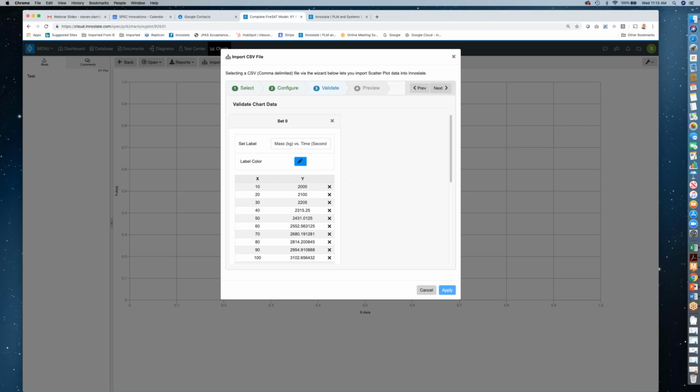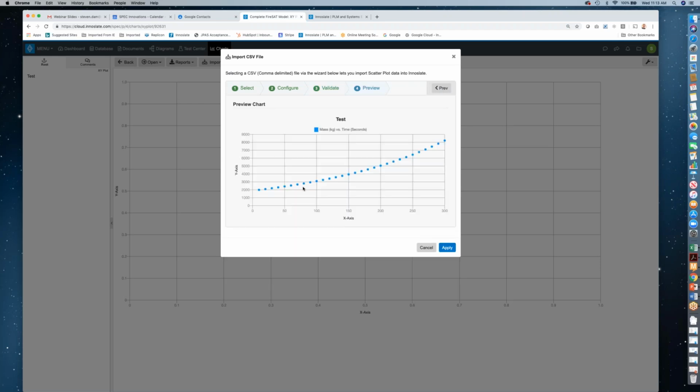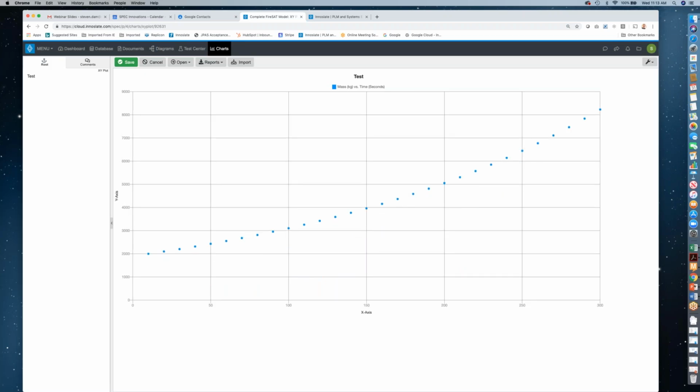So you can see now this looks a lot like what I started with. Now, by the way, the label is right here as to what I want it to be. So it just picked up the names that were in those headers and used those as a starting point for that. So I can adjust that as I want to. And in fact, I'll show you a little bit more a little bit later with that. So here's the diagram. It looks like it's going to come in looking like this. This looks pretty nice. So I'm just going to apply that. And that gives me my